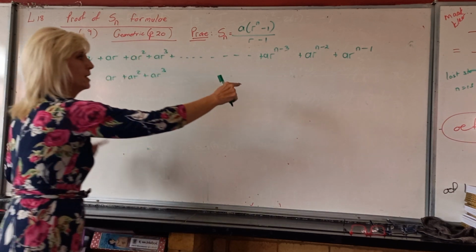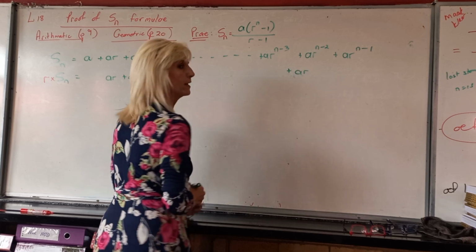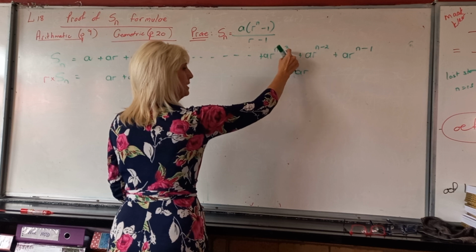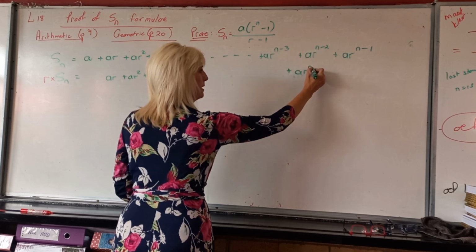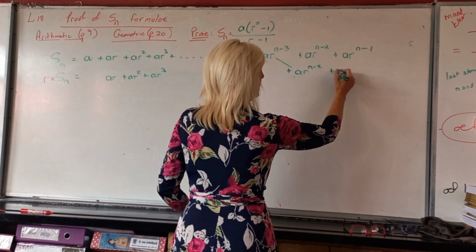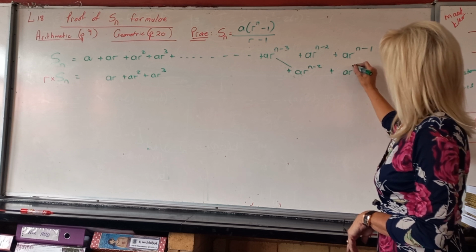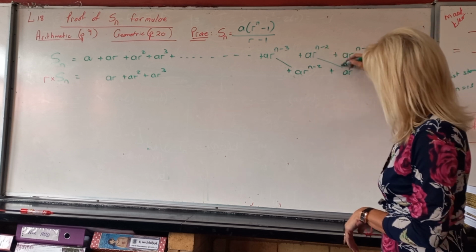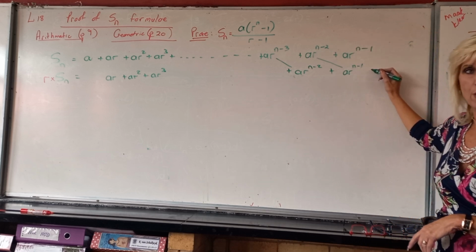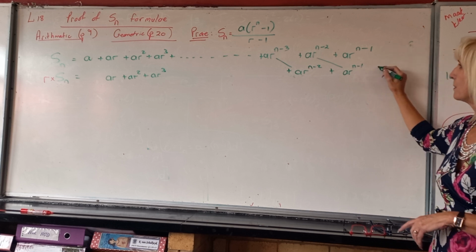And carry on. So this one, when I times with R, is going to be AR to the what? Times R, what's going to happen? You're going to add 1. So it's going to be n minus 1 for that one. This one's going to be AR to the n minus 1. When I times with R, adding a 1 there, it's going to be 1 minus 1. When I times this by R, it's going to be